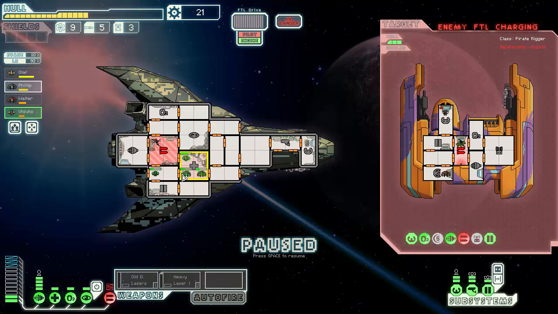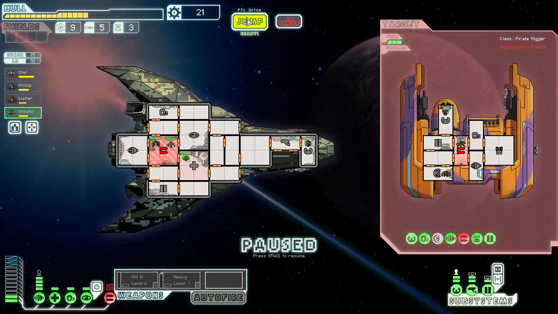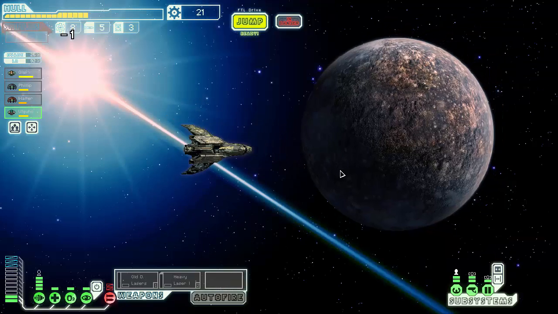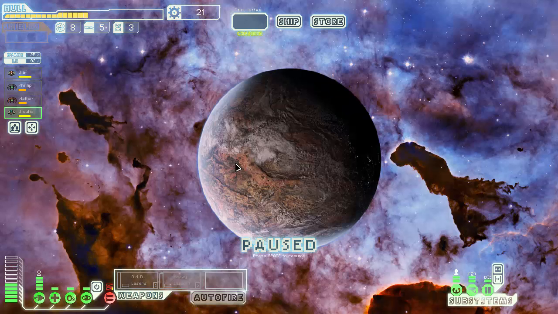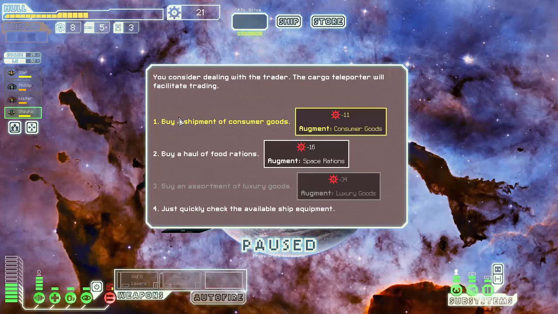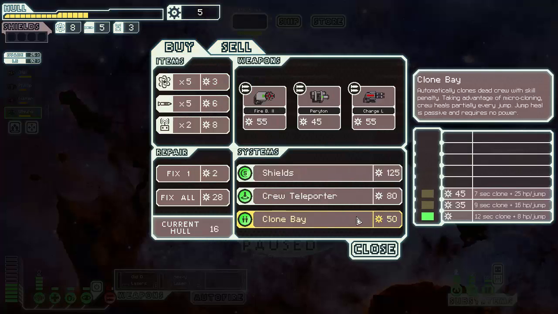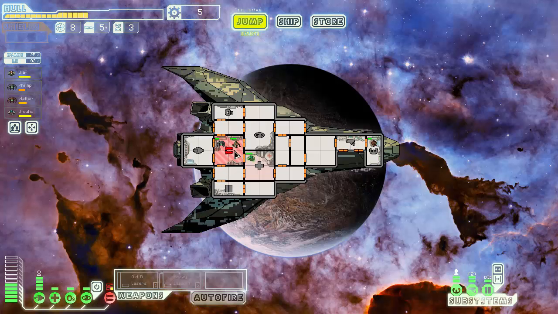We won't be doing anything here. Alright, someone get back to those engines. See if we can get our own back. Yeah, they're getting out of here. Might as well leave on our own then. That sucks. Oh well. We're able to make a quick deal here, so let's do that. Buy some of that. We didn't want anything here anyway. Charge laser would have been nice actually, but...